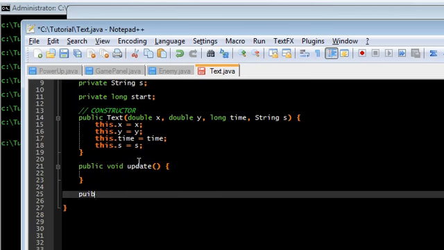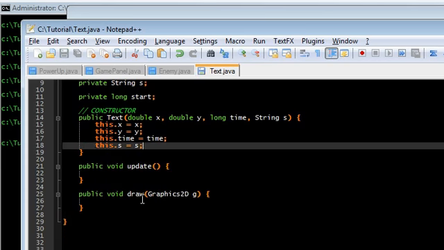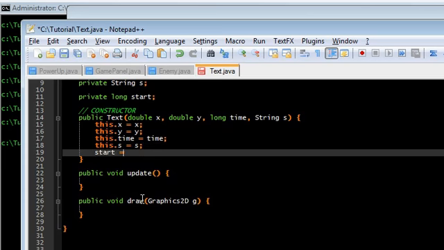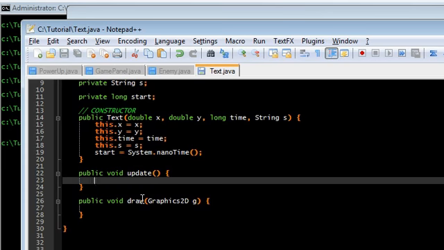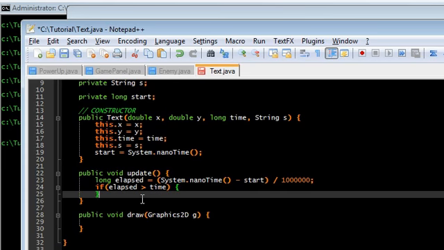Let's move this down. Okay. Public void draw graphics 2D G. Okay, update is going to be pretty simple, but in the constructor we want to set the start time to the current time, so we know that it's already started. So here we're going to check how much time has elapsed since it started. So the current time minus the start time divided by 1,000,000, so I get it in milliseconds. And if that time is greater than the time specified, then